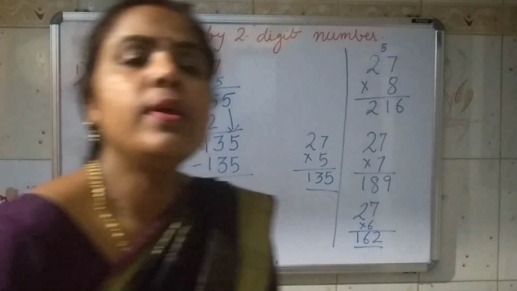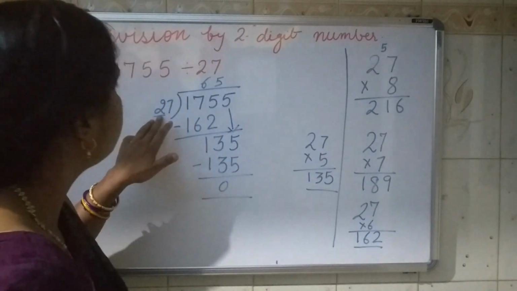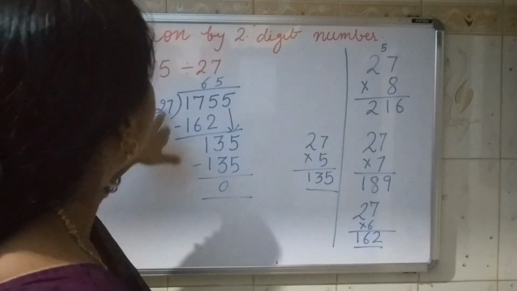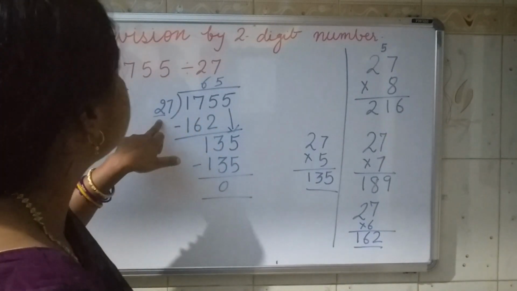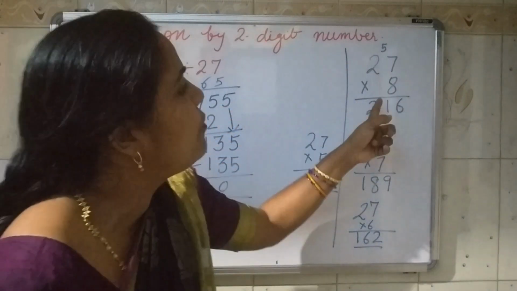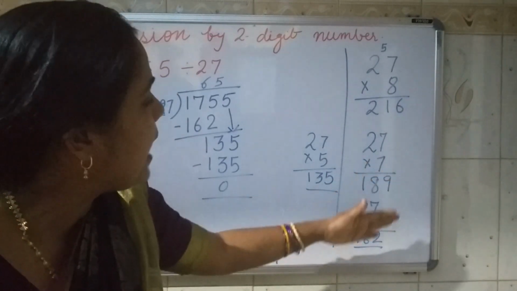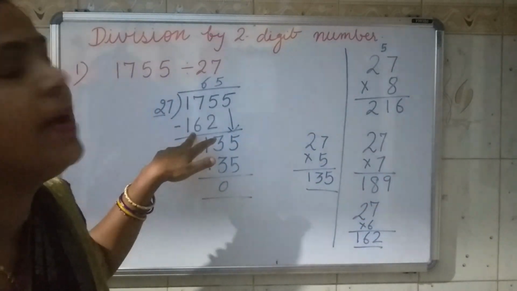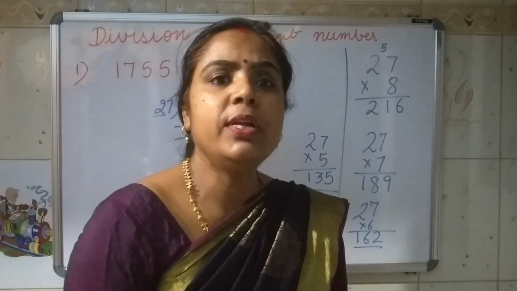Clear to you? If you don't know the table, you don't have to worry. You just look at the first number, take the table of this 2 and read it as many times as these two numbers are divisible. 2 8s are 16. I tried 8 times, but it is coming more than this, so I will go one less than that. Similarly, I apply it till I get the number which is divisible by this. Is this clear to you? Shall we give you some questions to do?